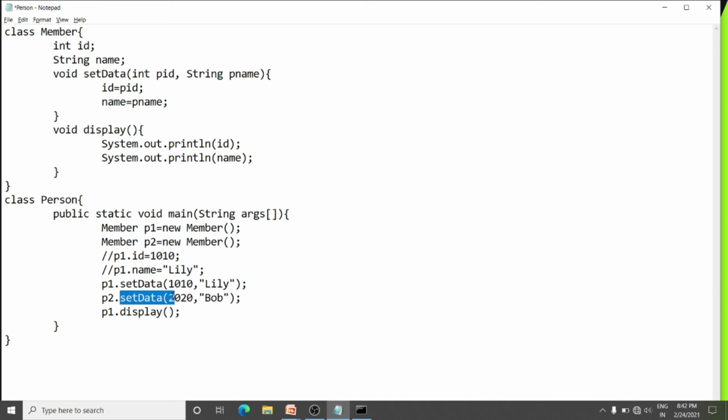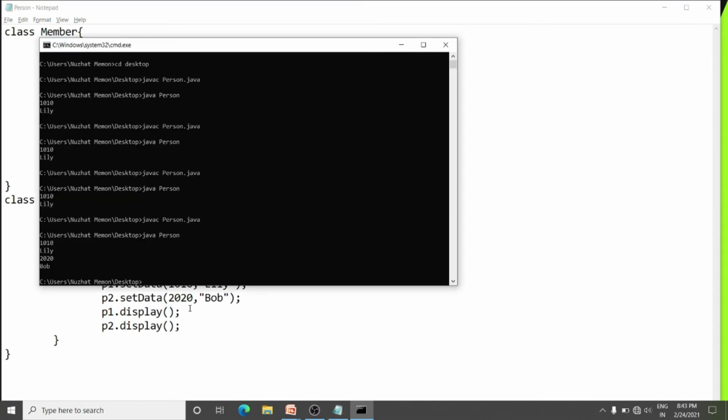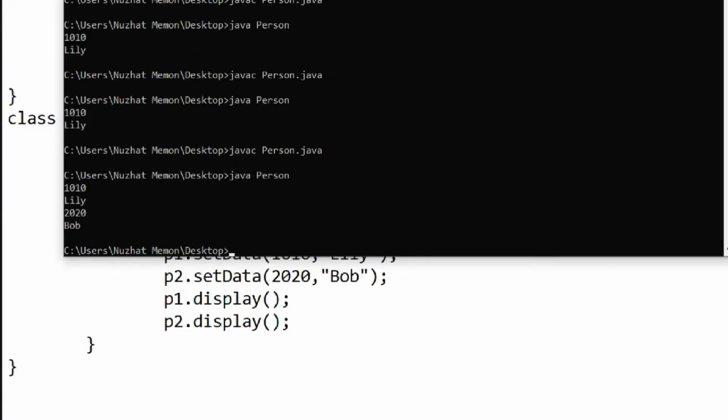We don't have to rewrite it again. So PID will get this value 2020 and this pname right now will get the value Bob. And then we will call the display method, then only we will get the output, p2 dot display. Save it. Yes. So this way we are getting an output.